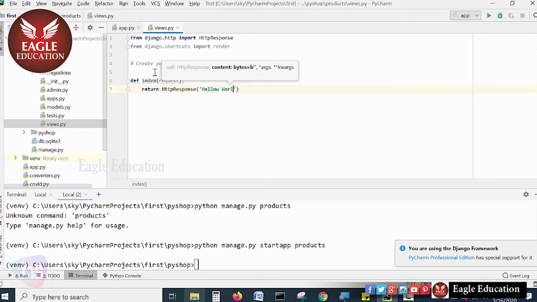Hello world, or else you can type hello products, anything you can add. Okay, and this creates your view. This is a simple technique to create the view. All right, when the user hits this particular products page, you will be able to see the message hello world. Yep, this is the text. Instead of this, you can write hello products or hello something, as you wish to populate a message. All right, and in the next session we will see how to map these views and URLs and present them to the web browser.